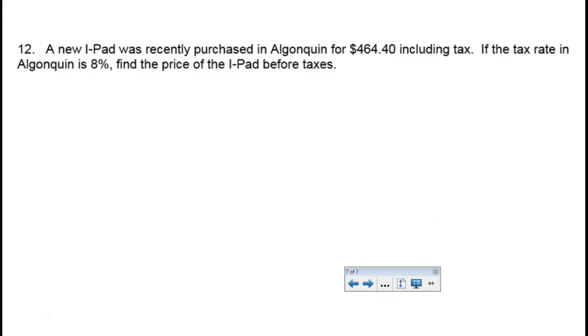All right, one more. A new iPad was recently purchased in Algonquin for $464.40, including tax. If the tax rate is 8%, find the price before taxes. Now, this was a multiple choice question. We can kind of work backwards to find the answer, but we don't have that luxury this time. So what's happening here is when you have a total price, what the cash register does is it takes the sale price, or the sticker price, or whatever you want to call it,